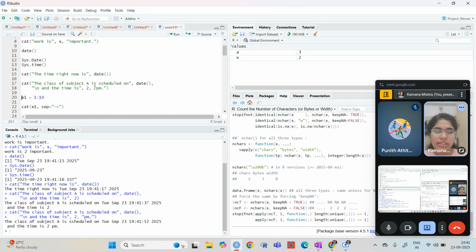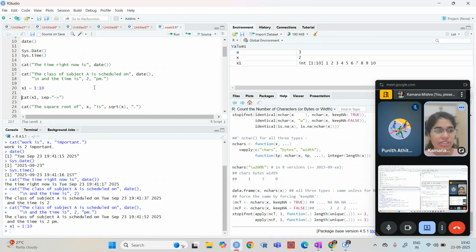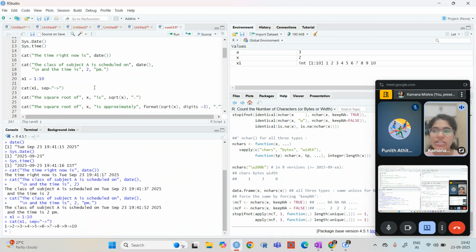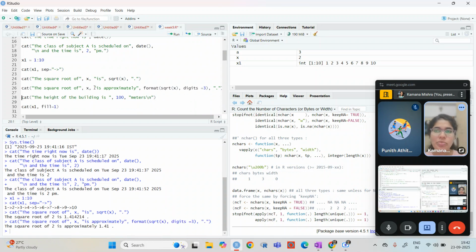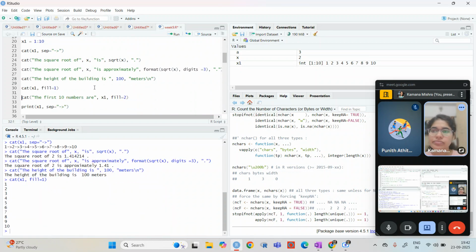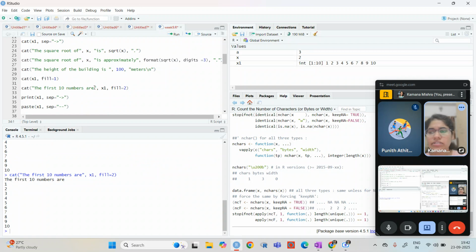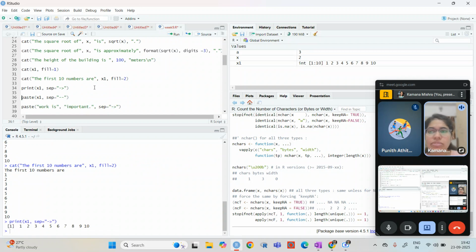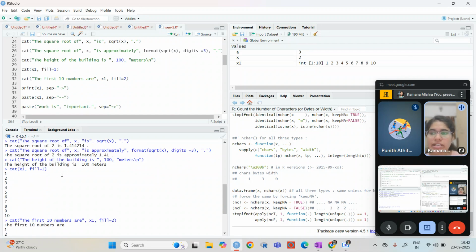Okay, then we can make use of this. We can separate it by using this. Then inside the cat function we can do the formatting, we can perform any mathematical operation, and then this will all come in one line. Then if we are using fill, it will move to the next one. If I write something, then it will start from the next line.